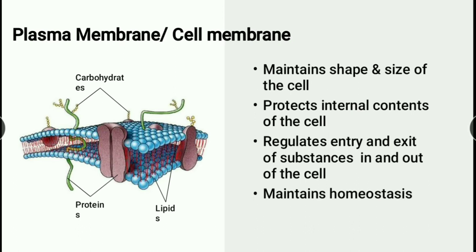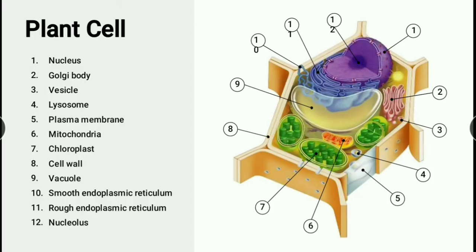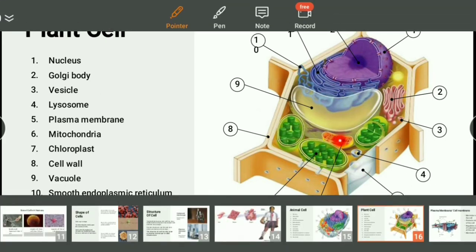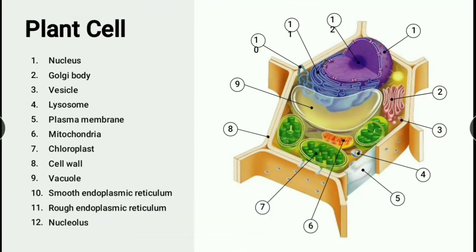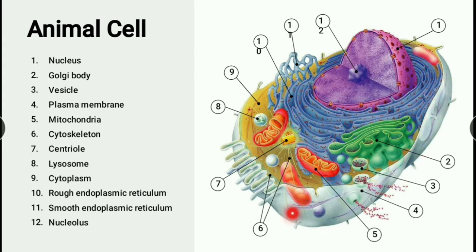Okay. Now in detail we will learn about the plasma membrane. Before that, I want to tell you one more thing. So this is the boundary of the cell, and this is the nucleus. In between the boundary and the nucleus, there is a space called cytoplasm. Here also, plasma membrane is there, nucleus is there. In between this space, it is called cytoplasm. It is a jelly-like substance. Inside the cytoplasm you can see so many organelles. They are all called organelles.